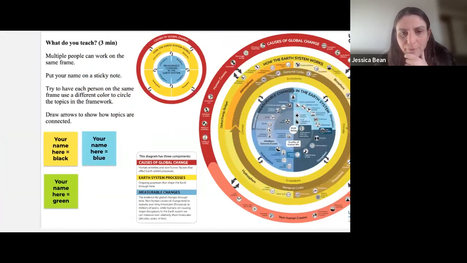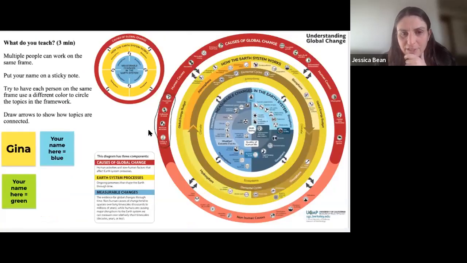And again, a lot of what we do with our teachers is we try to get them to be very specific, right? So let's identify the main concepts, and then let's also start drawing arrows, right? To show what those connections are. How are you going to connect the ideas in the framework and show how they're interrelated? What do you expect students will learn and understand about the real system and the way the world operates? So I see some arrows appearing. Awesome.